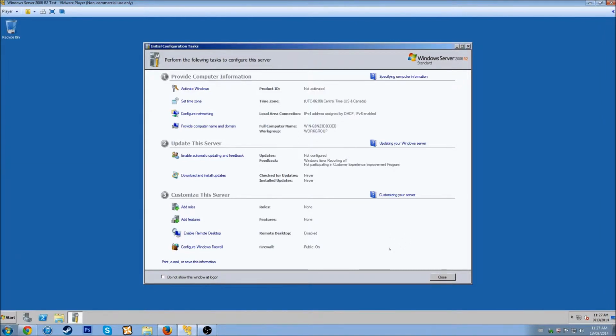And when you first turn on that computer, the first thing that you'll see is this right here, the initial configuration tasks. And I'm going to say do not show this at login again because everything that's here I'm going to be configuring later on. So I'm just going to say close, but if you wanted to, you could leave this so that you're aware of all these things later on. And actually I'll just leave this so that we can talk about it later in the other videos. So we're just going to close that out,